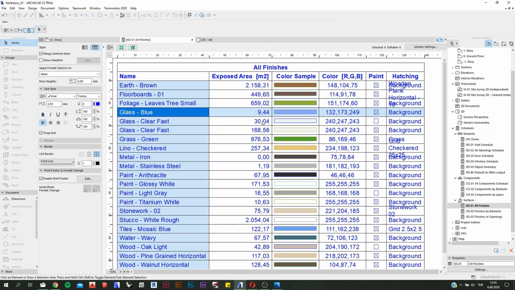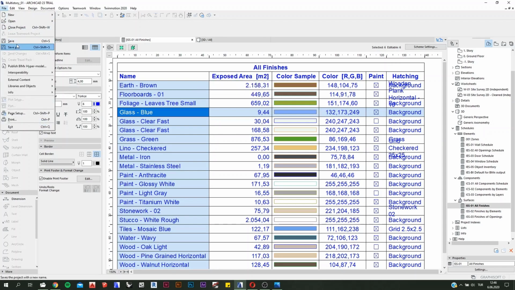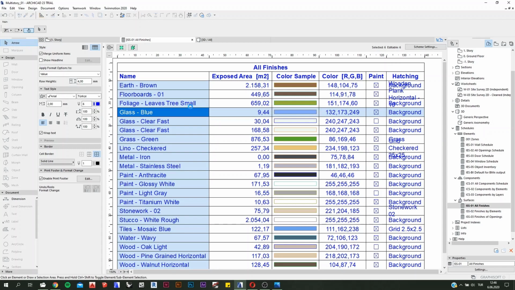The final thing that I can teach you about schedules is, once you finish your schedule and it's ready, you need to share it with someone. You can always place it on your layout sheets, or you can export it as an Excel document or PDF to your client, subcontractor, or developer, whatever. So it is super easy. Just go to File, Save As,